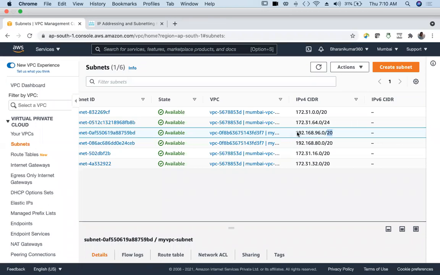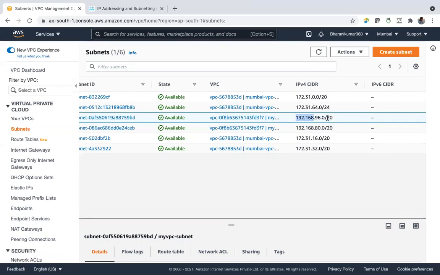So using these two and this range, by applying networking concepts, you can calculate the usable range. Not every octet is usable. I think it's a recent change in our VPC.